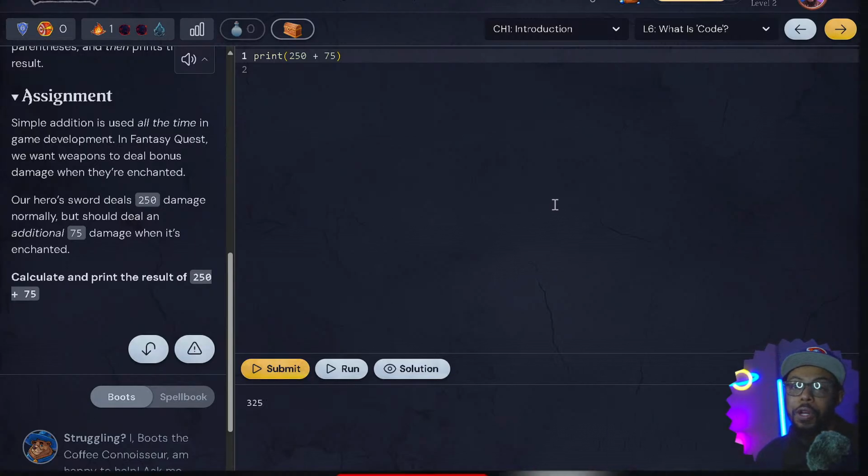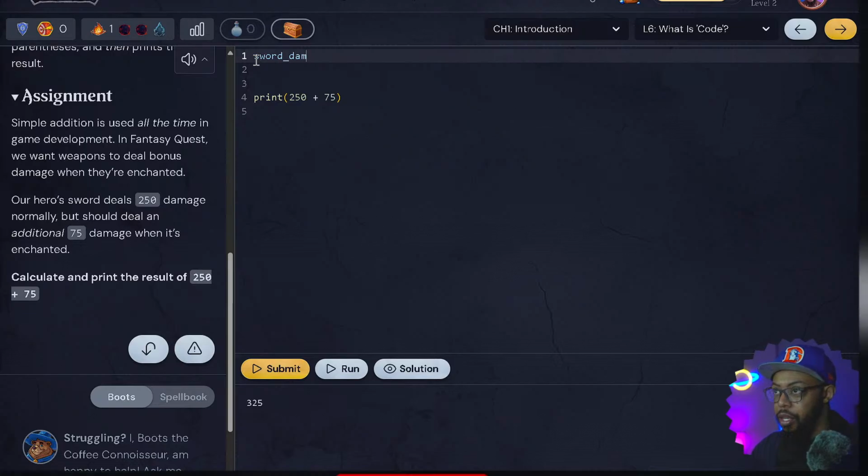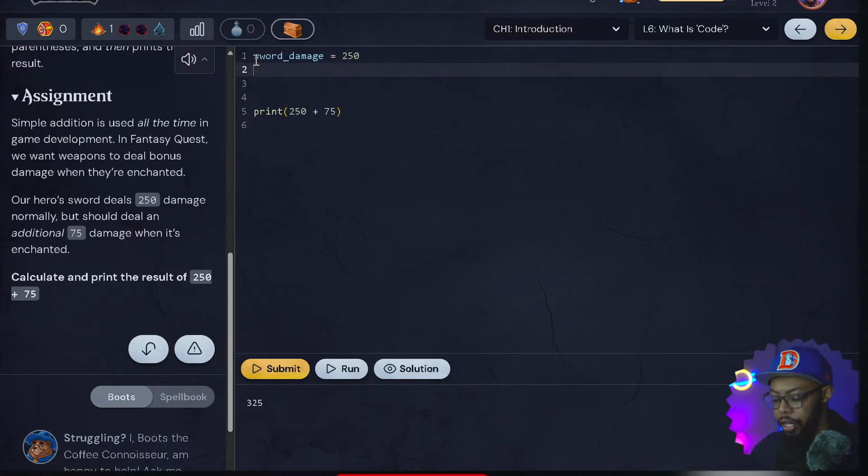I was about to put regular sword as 250, and then put enchantment equals plus 75, and then put sword plus. Let me show you what I was gonna do. So sword damage, I'm pretty sure you can do this, equals 250, and then enchantment. Let's call it fire enchantment, because a regular enchantment is just not. Enchantment equals 75, and then